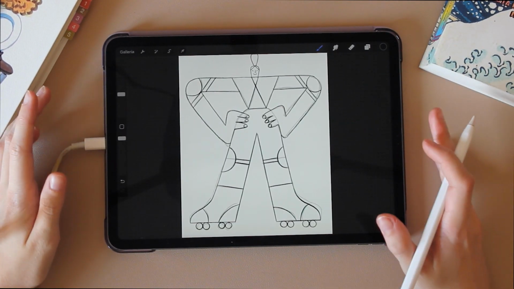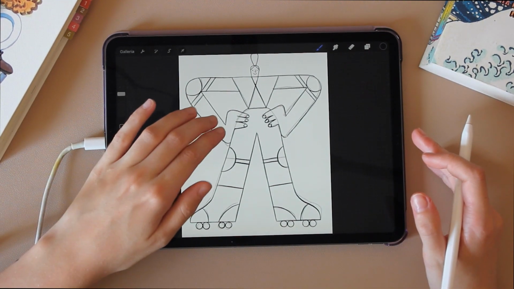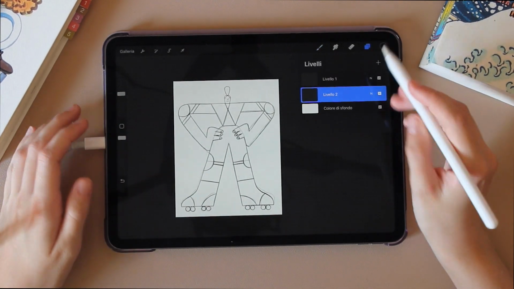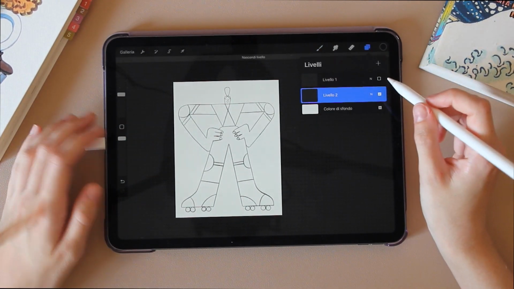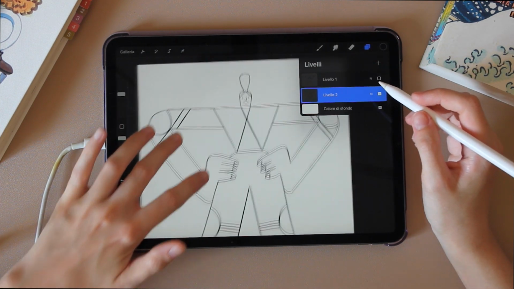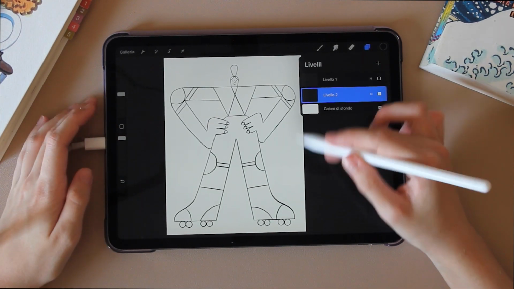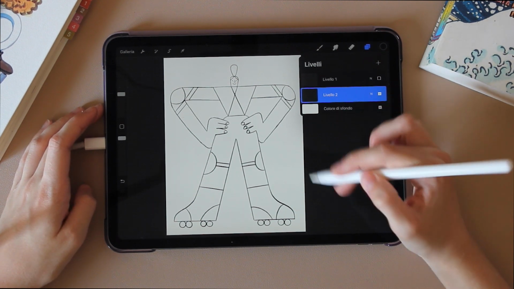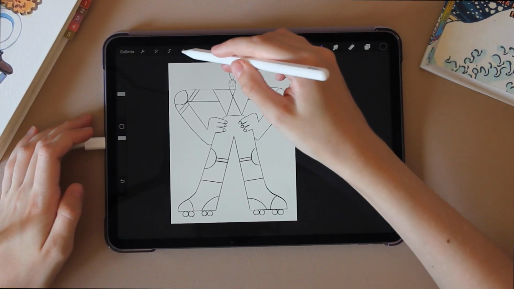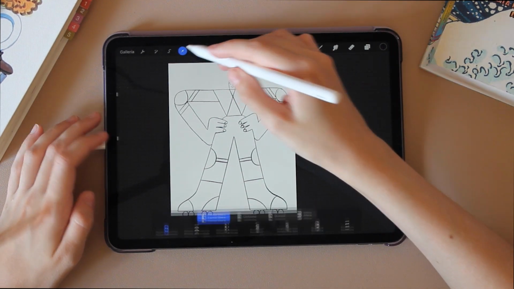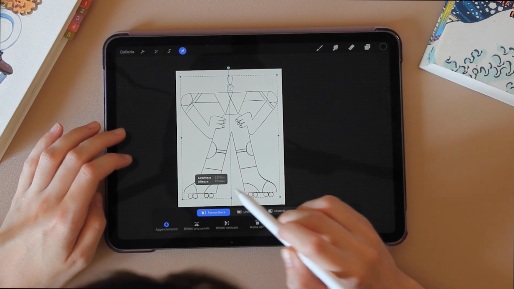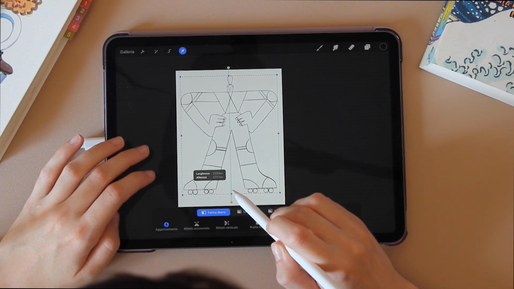All right, now that I have my liner done, I turn off this first layer, the one with the rough sketch, and I have this really clean sketch to work with. And I just want to make some adjustments,